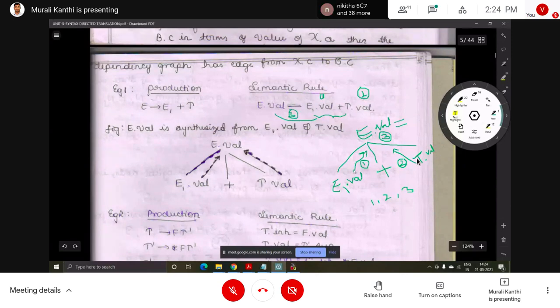Now, if we give the numbers order in the parse tree, then that is called a dependency graph. First I want to show a simple example.